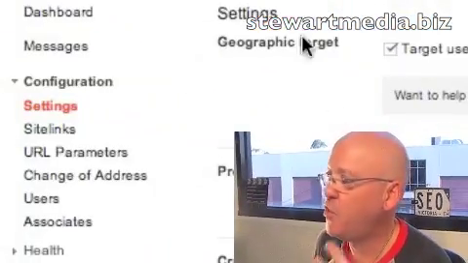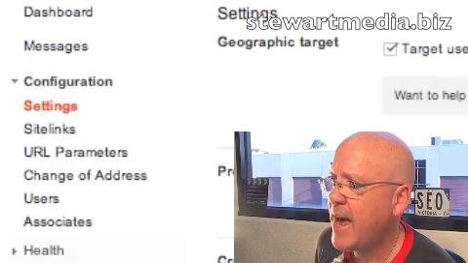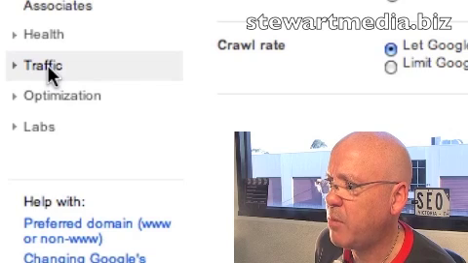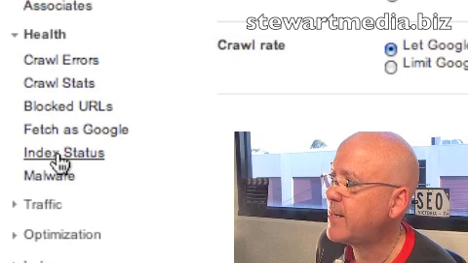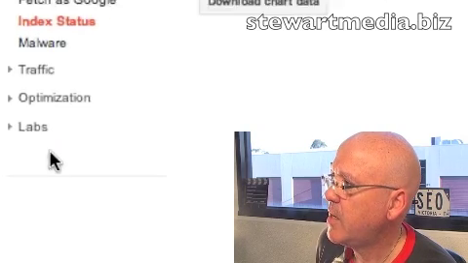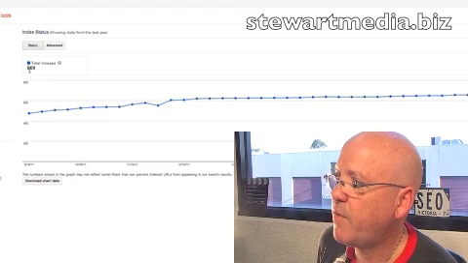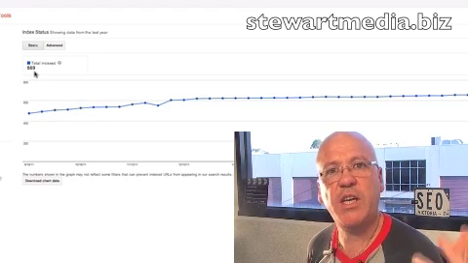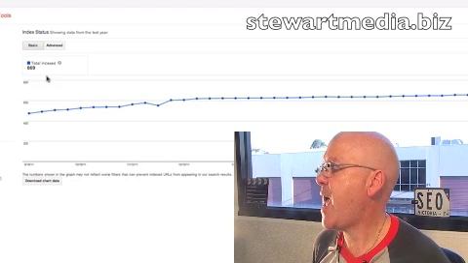And a really, really helpful tool that's out there now that you can use across all of your sites in Google Webmaster Tools, and it's been out there for a couple of weeks now, and we've been playing with it a lot, and it's great. I love it. It's under Health, and it's called Index Status. So you can see here, this is our site, and it says, look, we've indexed a total of 670 URLs for all time since we've known about your site, and that's the data that we have.